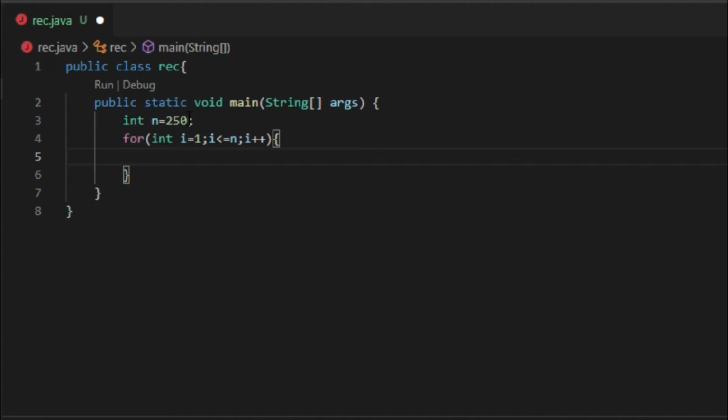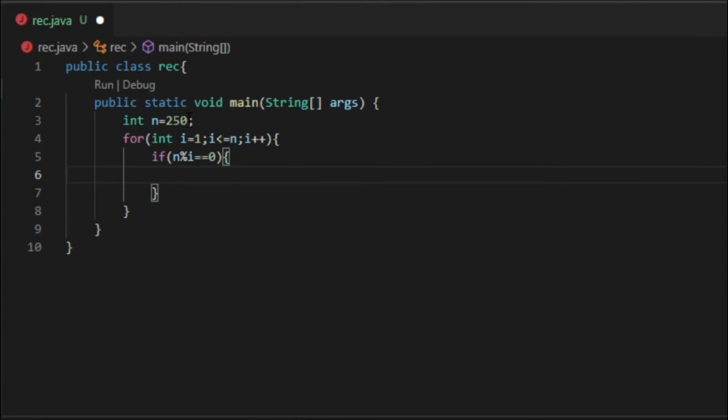Now since I have written the for loop, I will write an if statement which is going to be checking if the remainder of whatever value we are having, if divided with n, if that value is the divisor and n is the dividend, will the remainder be 0. For that we use mod, which is modulus, and it will give the remainder value. So I will just write n, the mod is symbolized as percentage, and then i, equals double equals, because we are comparing this with 0, as we want the remainder to be 0.